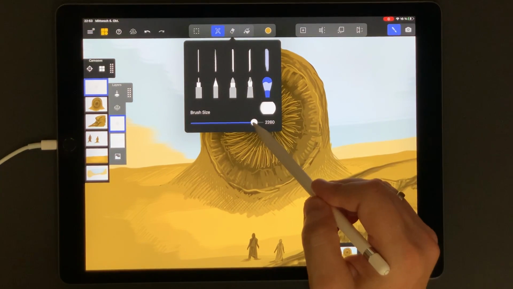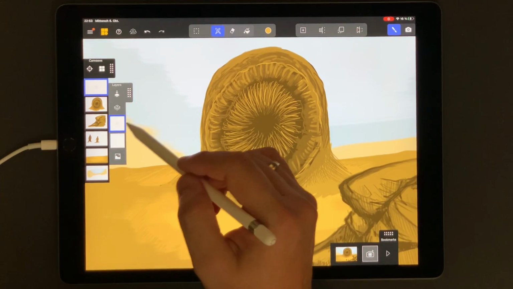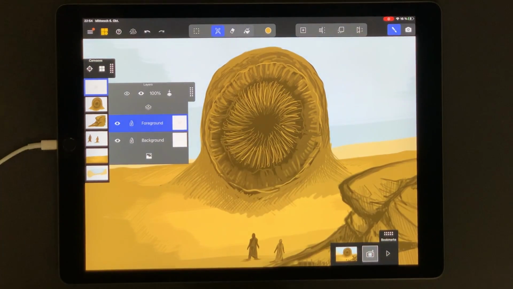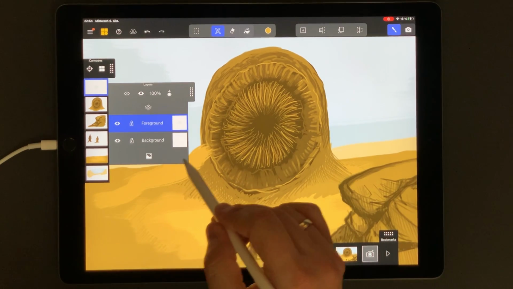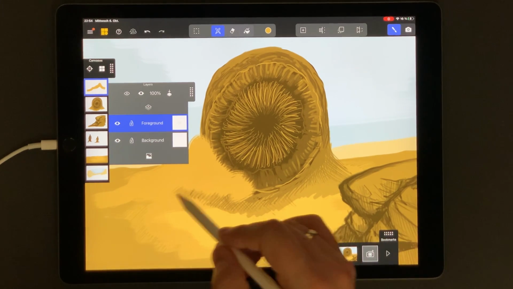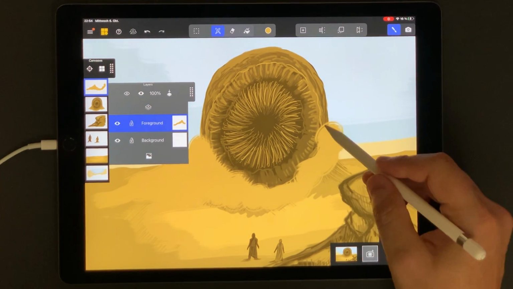We choose again our brush, this one here, a little bit bigger. I choose a layer, and then what I can do now is I can draw some sand flying around the sandworm like that,